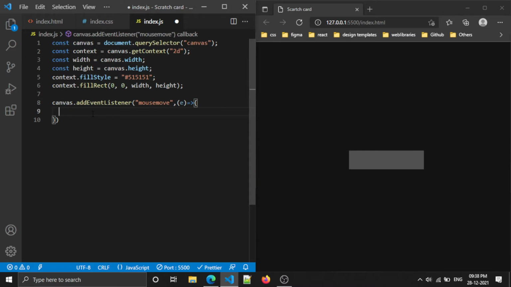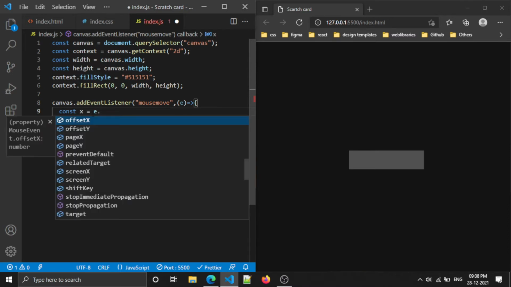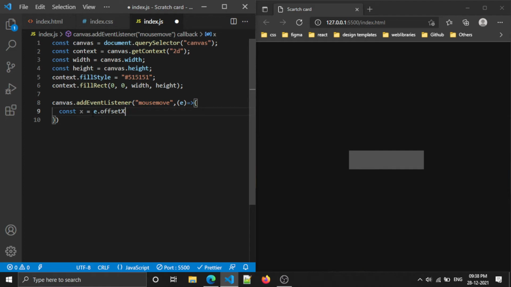Inside that I'm going to clear a particular portion around my mouse. In order to track our mouse location, we need to get our offset value. So I'm mentioning const x equal to e.offsetX and const y equal to e.offsetY.